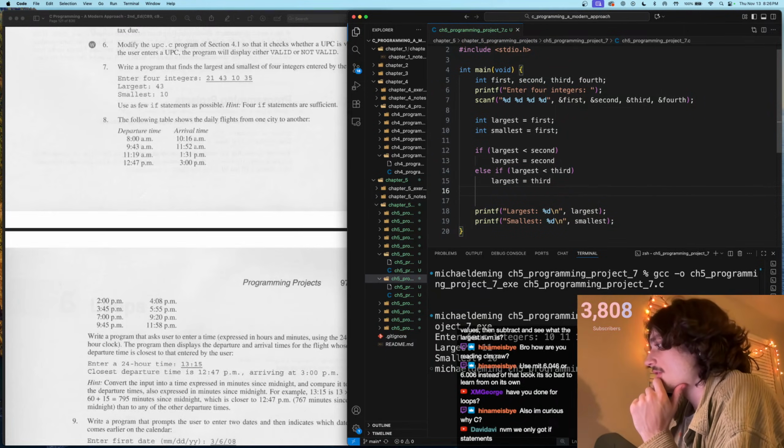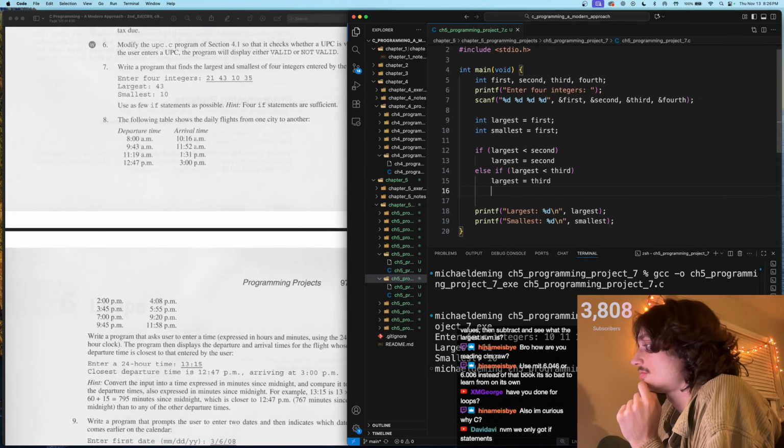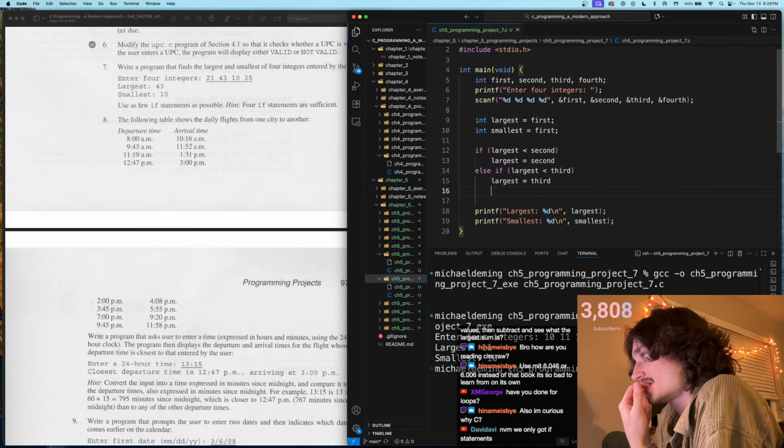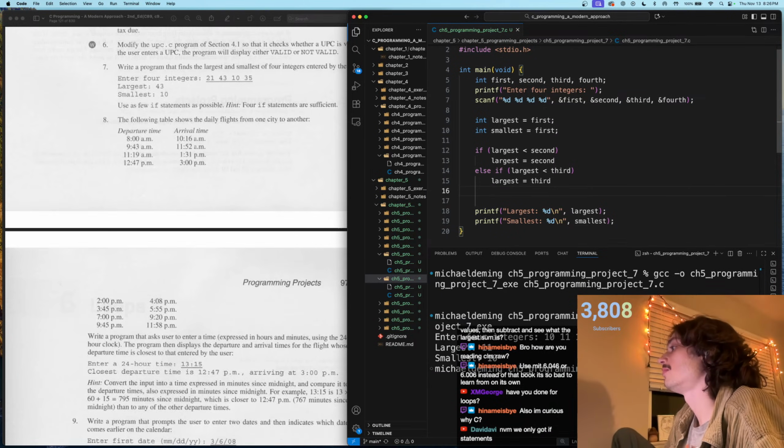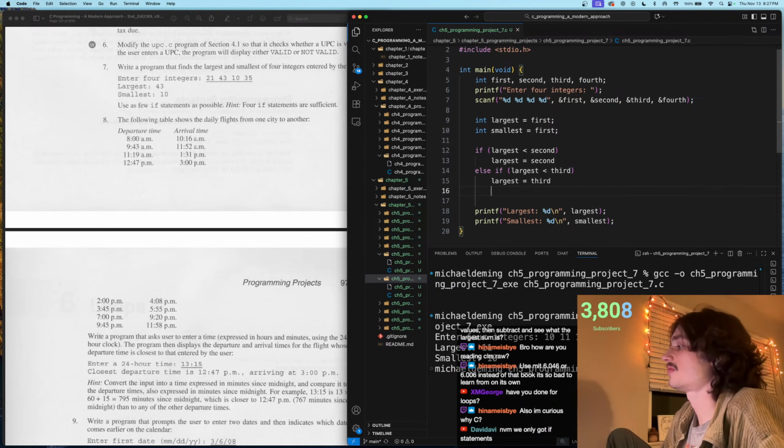And then we need to check though, so the third, this value is larger than the third. So if it's not, then we know we have our minimums are first. We have to check if minimum. So if